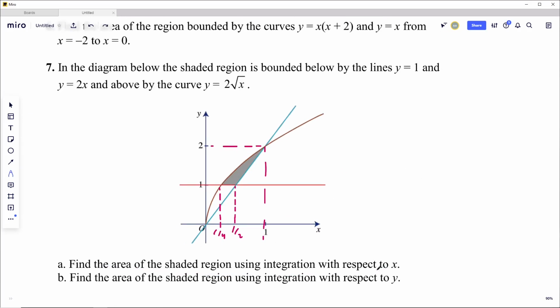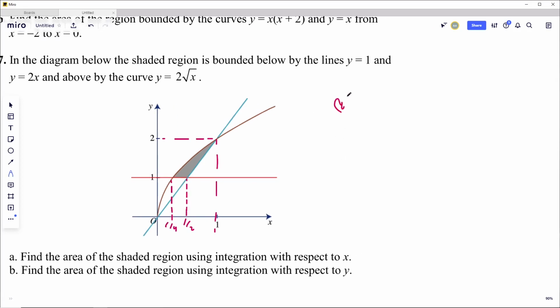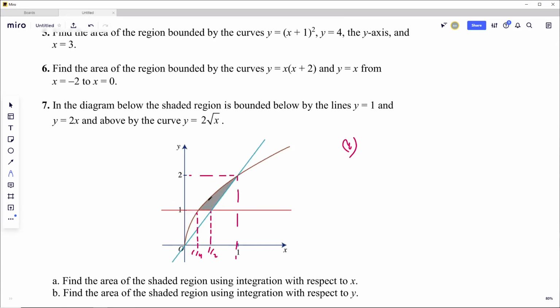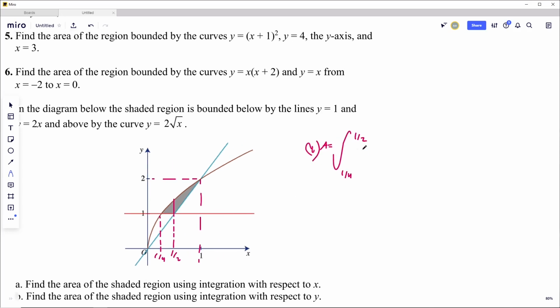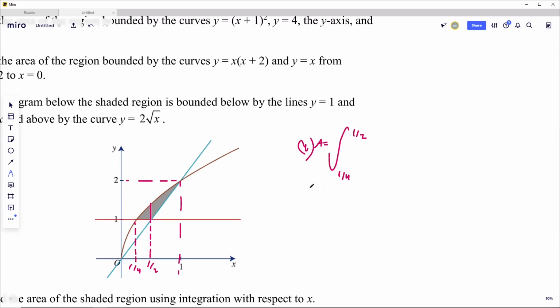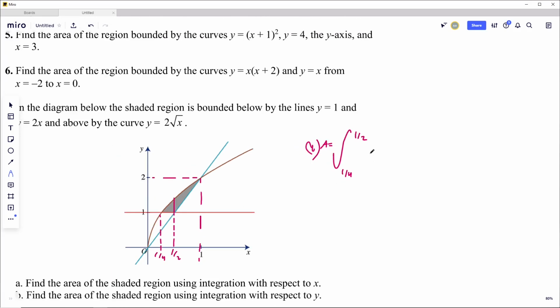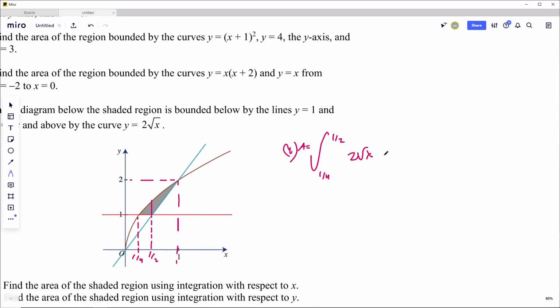So the area now, this time with respect to x for A. With respect to x, we have a change of up and down, so we have to split the integrals. So first integral from 1 over 4 to 1 over 2. So area equals, I just like writing it. And yeah, integral from, what's up? Up is 2 radical x minus what's down? Down is 1, horizontal line, dx